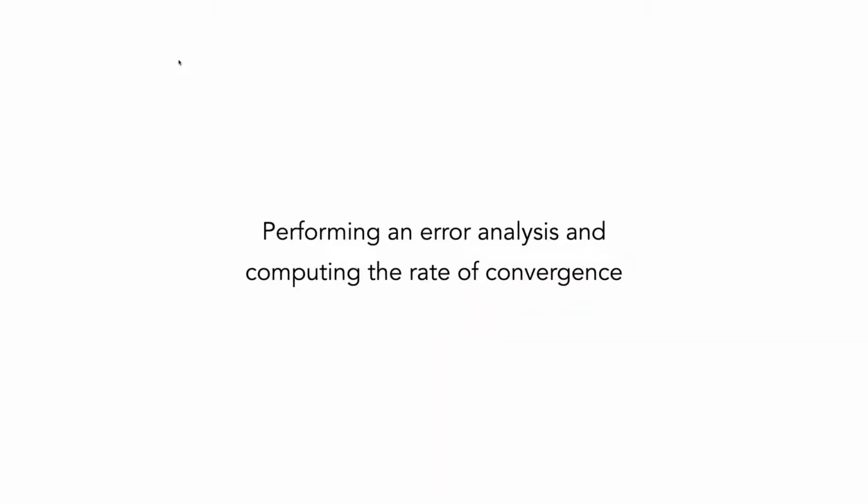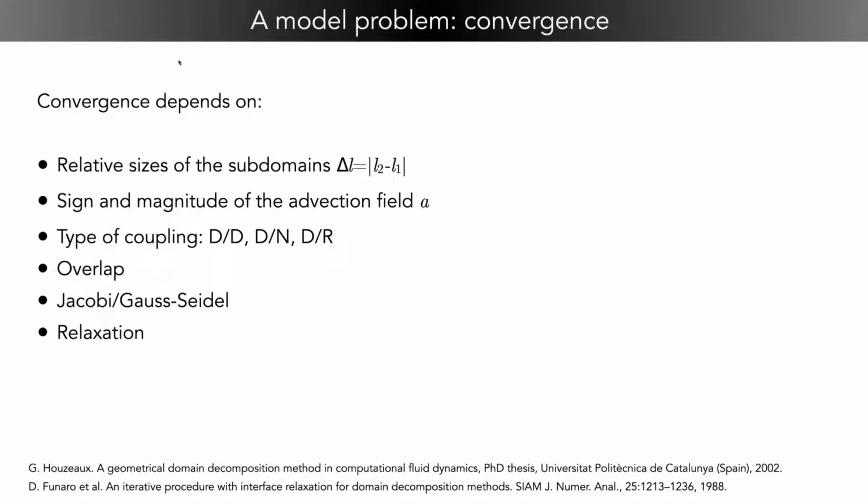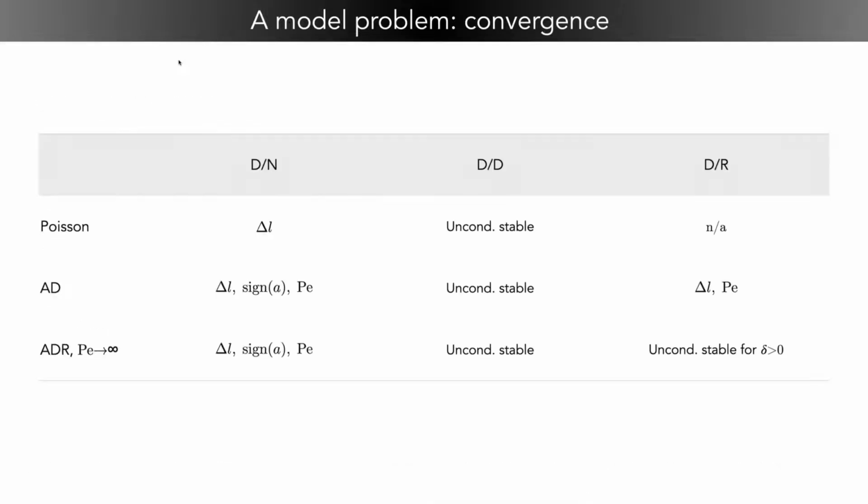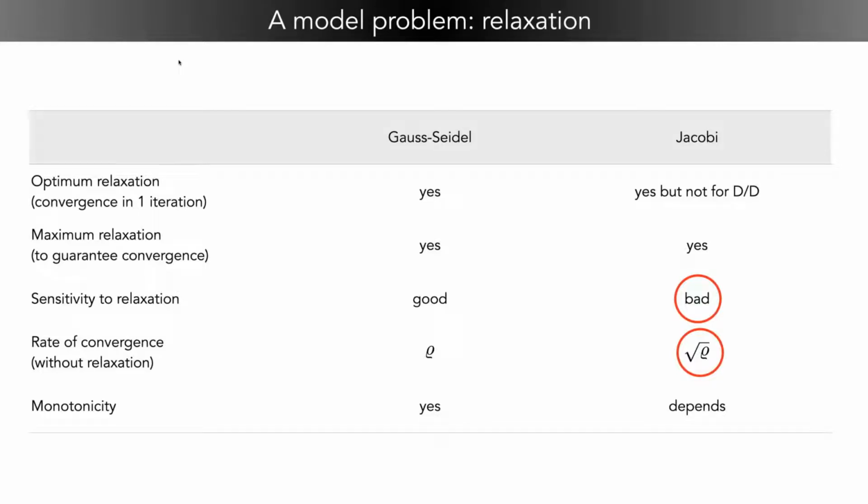Okay, so on this, we perform an error analysis and we compute the rate of convergence. We realize that the convergence depends, of course, on everything: on the relative sizes of the subdomains, on the sign and magnitude of the advection field, on the type of coupling, on the overlap, on whether we choose Jacobi or Gauss-Seidel, and on relaxation. But this is saying that everything depends on everything. It's a bit stupid, but this is really the case, and we can compute this dependence. I will go fast on that. What is important here is